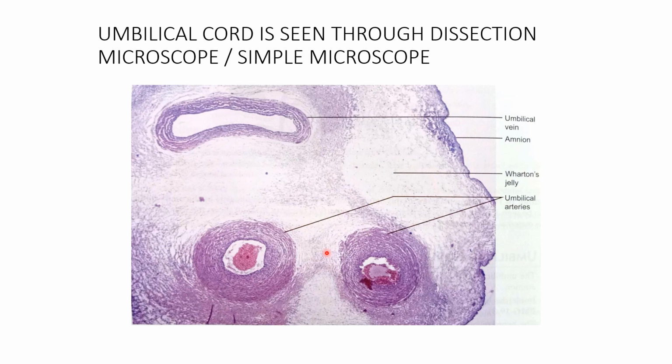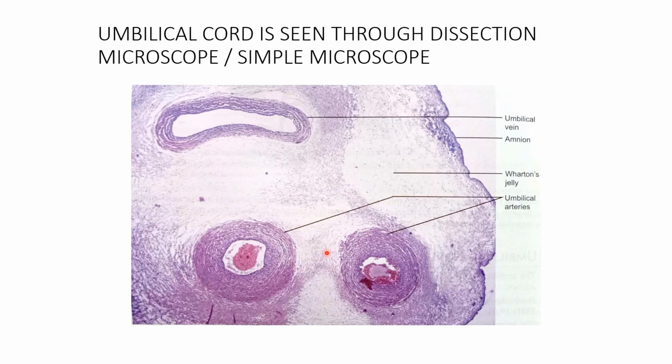They carry deoxygenated blood from the fetus to the placenta. The umbilical vein delivers oxygenated blood from the placenta to the fetus. It has a thick layer of circular smooth muscle, unlike an adult vein, and characteristically shows a thick longitudinal layer. In early pregnancy, umbilical veins are two in number, but later the right umbilical vein disappears. The remnant of the allantois may be seen in the center.